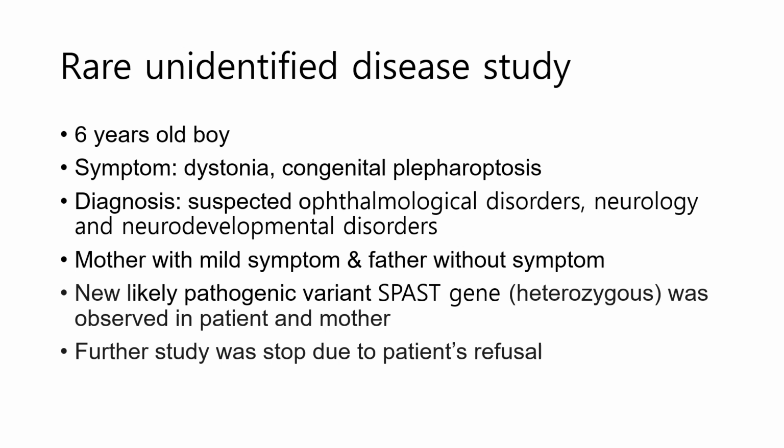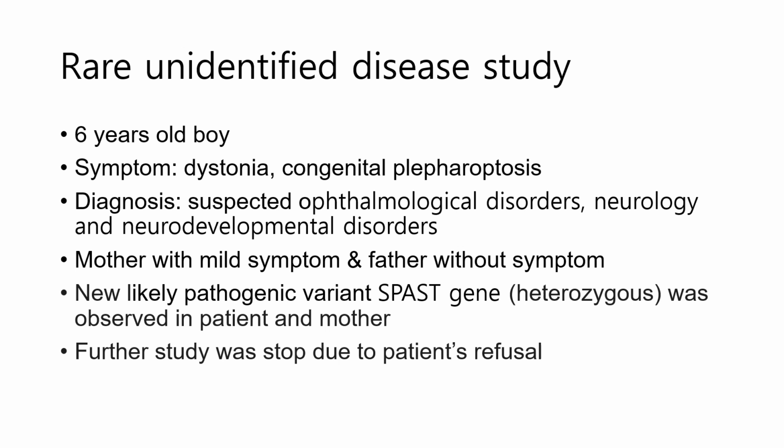The first case was a 6-year-old boy. He came to the clinic with the symptoms of dystonia and congenital blepharoptosis. At first, the diagnosis was ophthalmological disorders or urology and neurodevelopmental disorders. But the clinician who took care of this boy